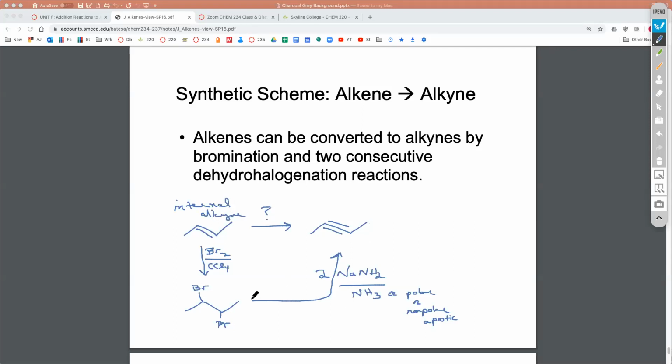All right. Now, I do want to point out that while this system, pretty much any internal alkyne can go through this system, if we're working with a terminal alkyne, then it becomes really critical that we use more equivalents of the NH2. And I'm going to look at that scheme here once again, and then talk about the mechanism of that last set of steps. So let me